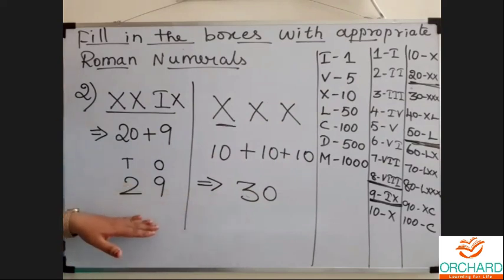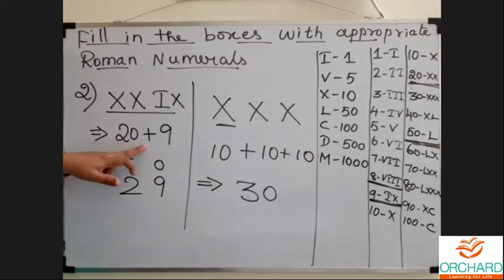Now how can we express this? Write the place value for the given number. 9 in the place of 1. 2 in the place of 10. So just write the expanded form for this value. 2 stands in the place of 10, so 2 tens are 20 plus 9 stands in the place of 1. So we have to write 9 ones are 9.